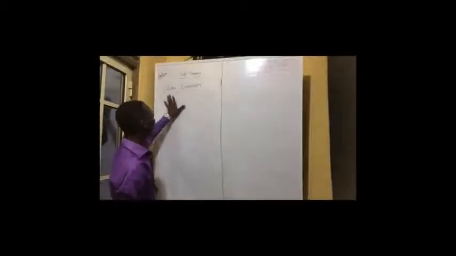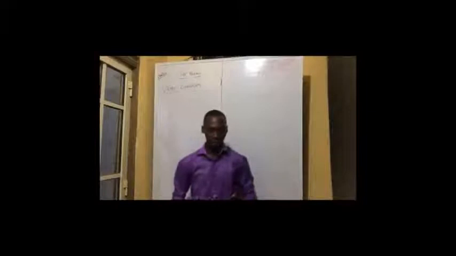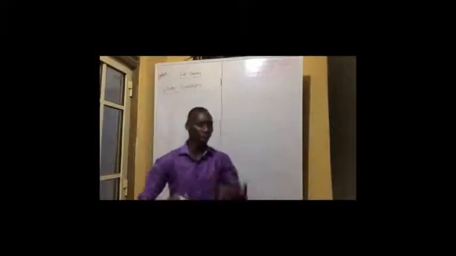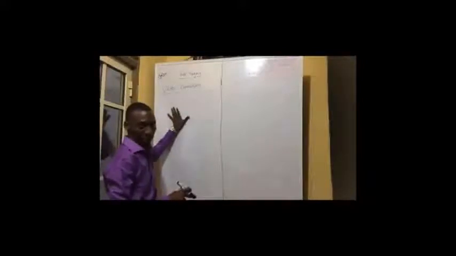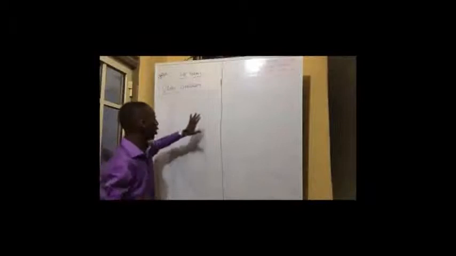Now you must know there's this man named John Venn. You hear people saying John Venn, John Venn. He was the one who gave us all this Venn diagram. He discovered it and said, okay, what if I am given something and I am asked to represent it using a diagram? That was when he came up with the Venn diagram.